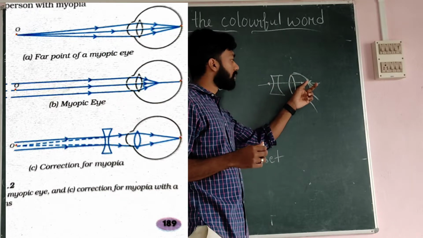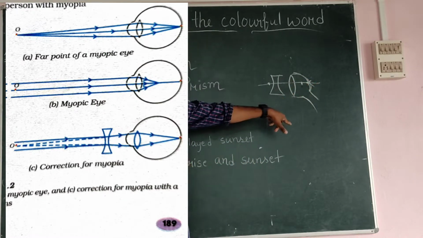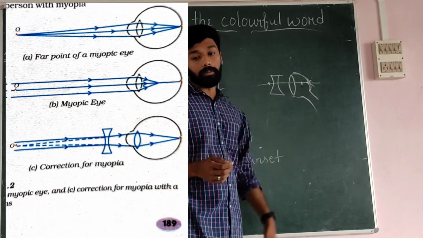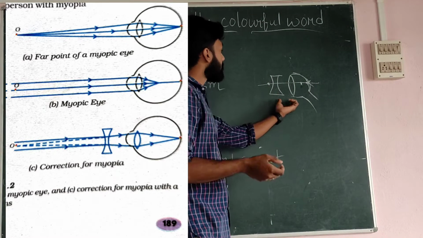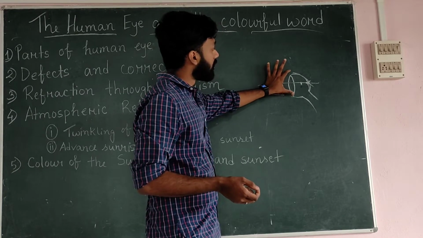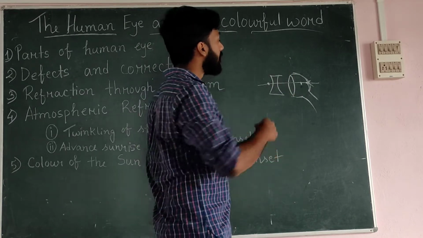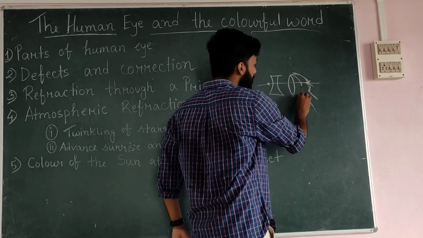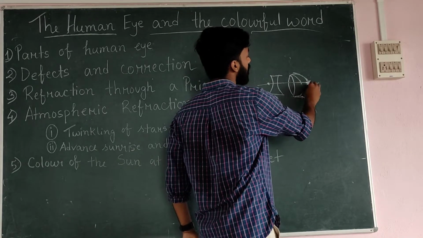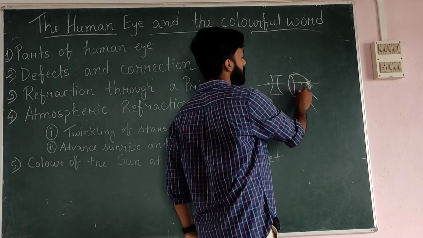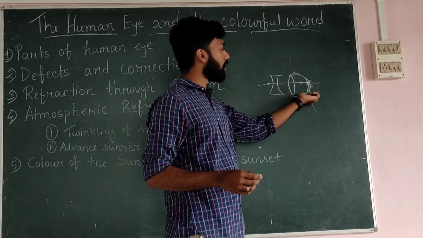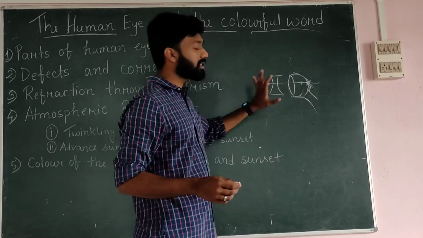So the image is formed inside this eyeball. Okay, what is the reason for this myopia? The two reasons are: one is contraction of the lens, or elongation of the eyeball. That means actually the eyeball should be like this, but it is elongated like this. Now the image should be formed here, but the focal length is adjusted to form the image before it. So the two reasons are a problem in the lens or elongation of the eyeball. Okay, understood? So this is myopia.